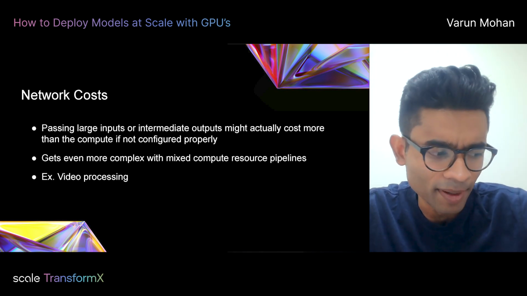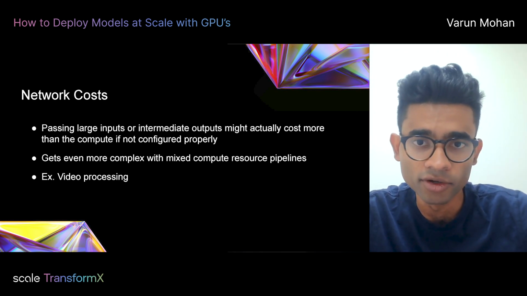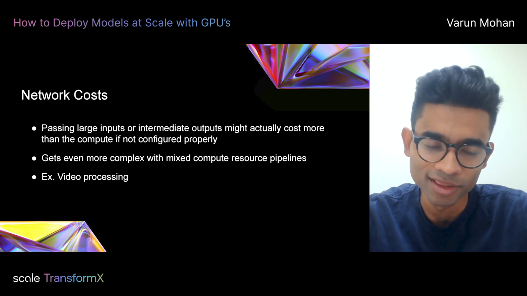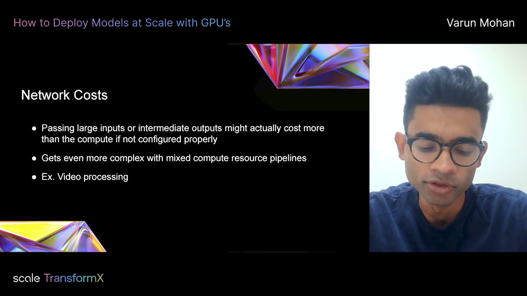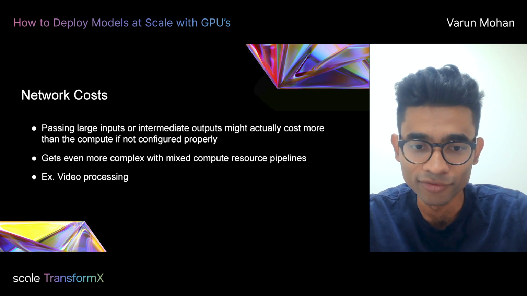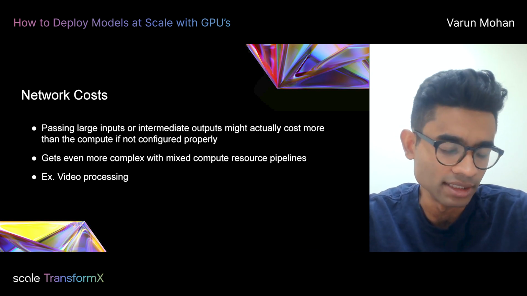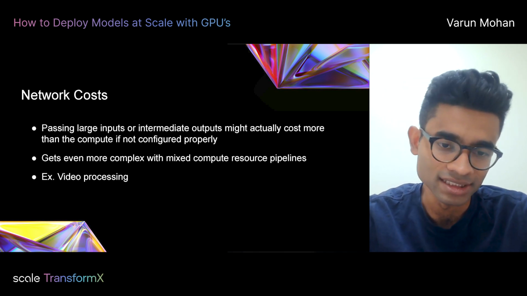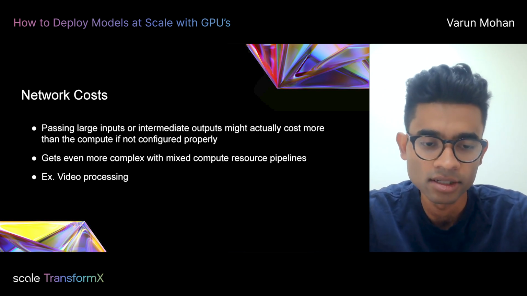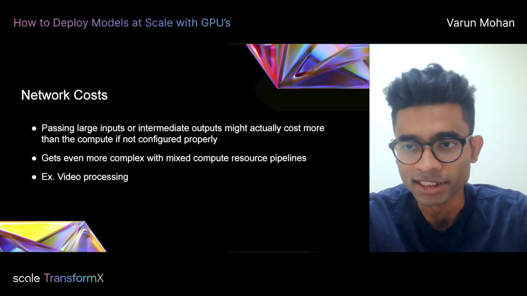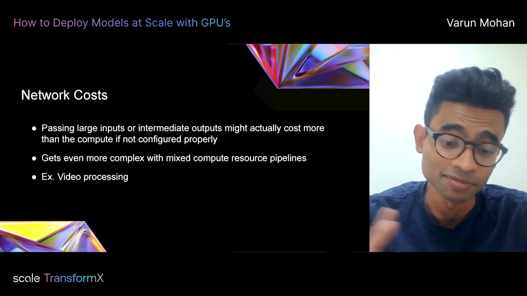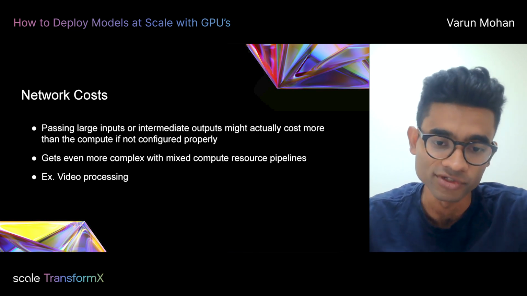Finally, depending on the workload, you can actually get massive network costs, not only from the bandwidth perspective. You can also get massive costs on the egress side. So maybe one thing to think about is, let's say you have a video processing workload and you want to take these decoded frames and do a lot of processing on them. One common issue you can run into is you decode the frame, but you end up sending it to a machine in a different zone.